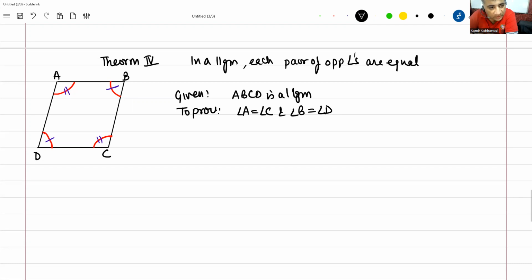So let's see how we're going to do it. But for proving this, we can actually take any diagonal. So we can say for now that join